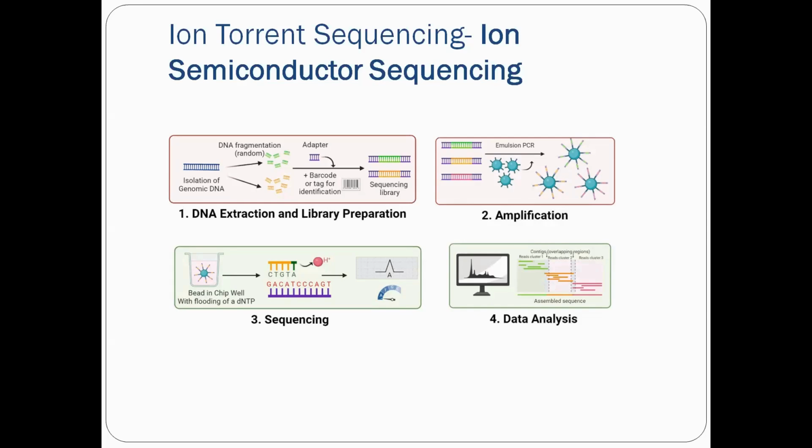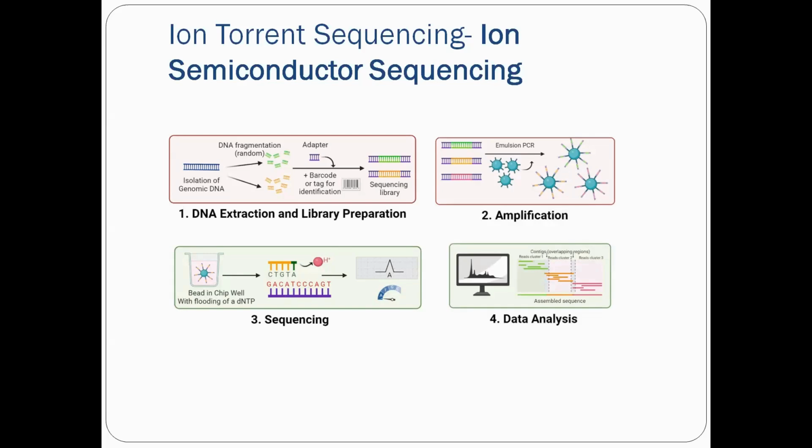So in this case, the amplified beads are loaded into microwells, and a single bead will be present in a single well. During sequencing, nucleotides are sequentially flooded over the chip, and the incorporation of the nucleotide is detected by the ion sensor, which is present in the chip itself. We can see here in the diagram that if a nucleotide is matching the DNA template,